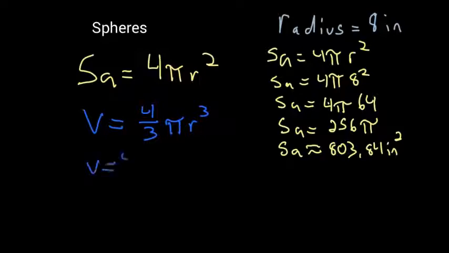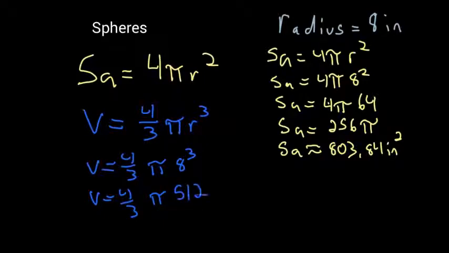So volume equals 4/3 pi times 8 cubed. I don't expect you to do 8 cubed in your head, so go ahead and use a calculator. So 8 times 8 times 8 is 512. So to do 4/3 of that, you can multiply it by 4 and then divide it by 3. So 512 times 4 is 2048, divided by 3 is going to give you